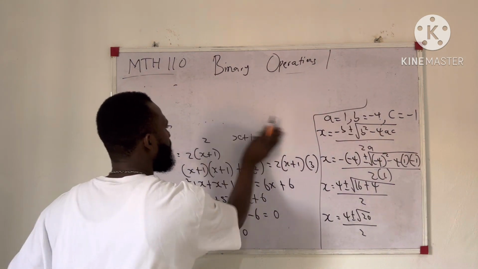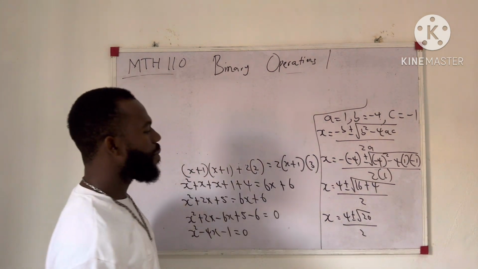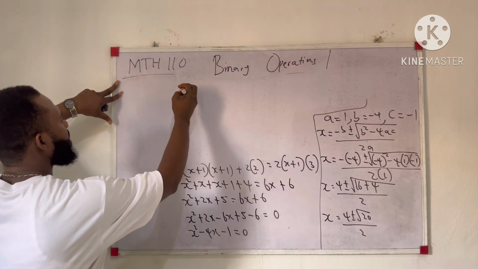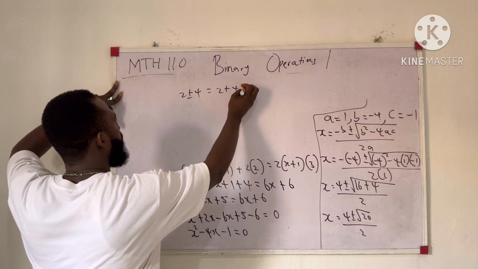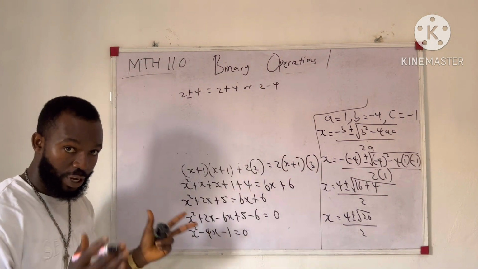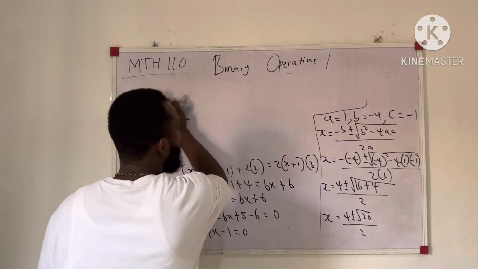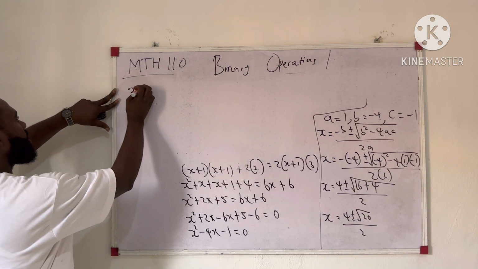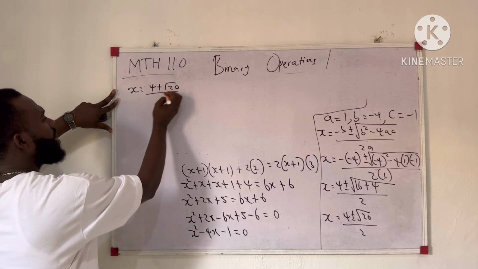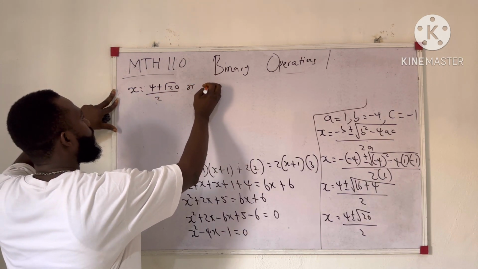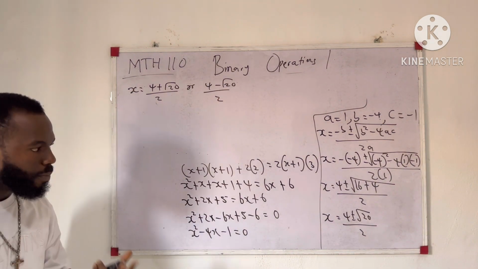Alright, so here becomes, if we have something like 2 plus or minus 4, it simply means 2 plus 4 or 2 minus 4 when you expand. So in this case, if we expand what we have now, we will be getting x is equal to 4 plus root 20 over 2 or 4 minus root 20 over 2